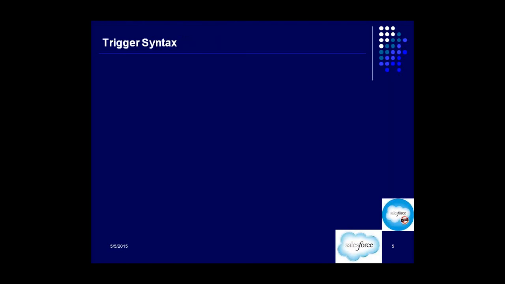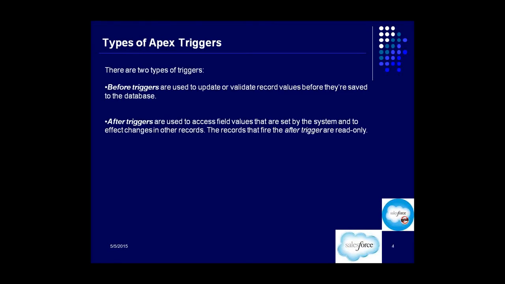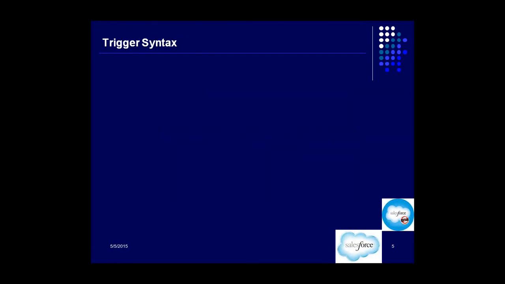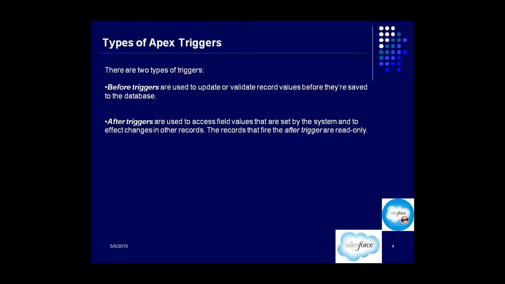Now let's understand the syntax of the trigger. So are we clear so far? What is an Apex trigger and two different types of Apex triggers and what they actually do? Why we need before triggers and why we need after triggers? Before trigger is for setting the values and all that stuff, or validating the data. After trigger is for accessing those values and performing some changes on any other thing apart from editing that record, because that record becomes a read-only record after trigger. Okay. Now let's understand the trigger syntax. So our trigger syntax is pretty simple.